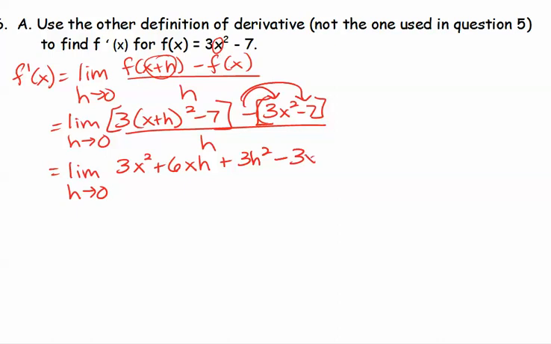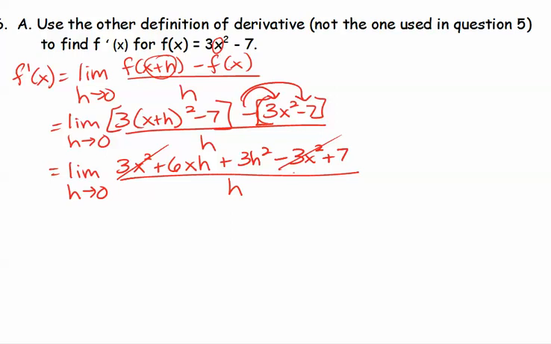Always be careful about that. If something doesn't cancel, you'll know you made an algebra mistake. And we're always expecting some cancellation here. Positive 3x squared, negative 3x squared. And then